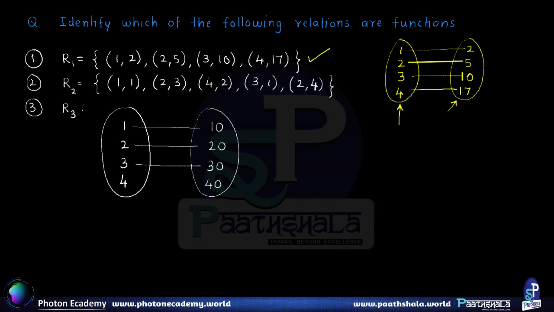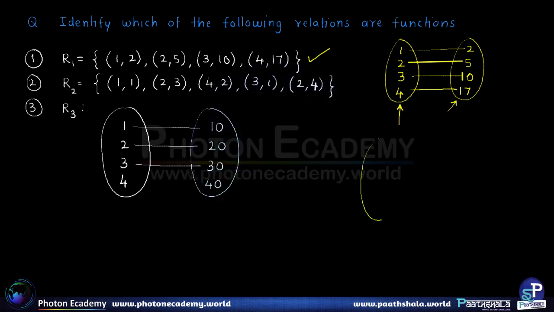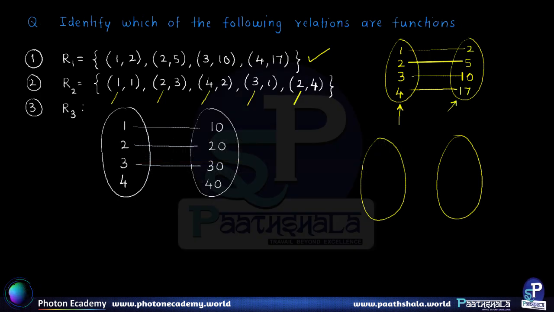Right. Now let's see the second relation, that is R2. Now this also is given as a set of 5 ordered pairs. So let's try to draw the picture for that. Now if we observe all first elements, we have 1, 2, 4, 3, 2. Right. So in all we have basically only 4 different values of the first element, and that is nothing but 1, 2, 3 and 4. Alright. So let us write those values in the first set. So that is 1, 2, 3